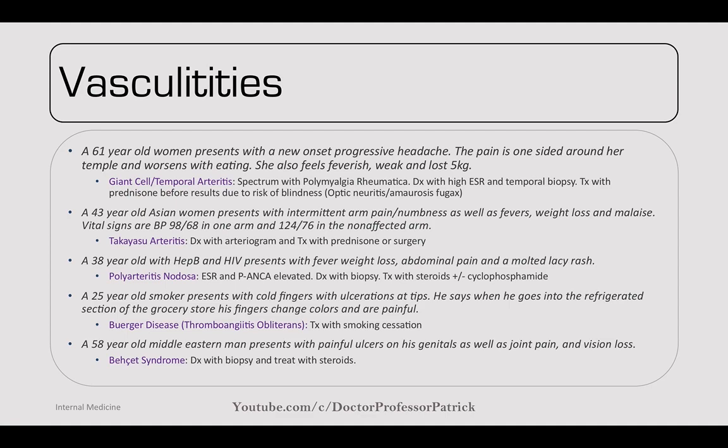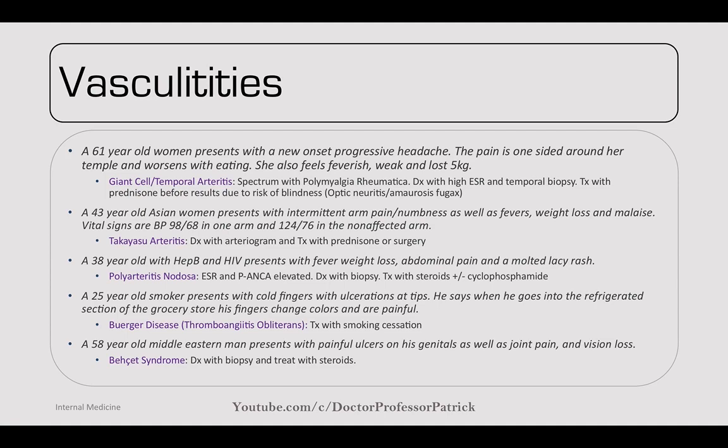It's on a spectrum with polymyalgia rheumatica. You can diagnose it with a high ESR and a temporal artery biopsy, and you want to treat it with prednisone, usually 1 milligram per kilogram. And you treat this before the results because the most worrisome complication here is blindness, so optic neuritis and amaurosis fugax from optic compression. And then next up, we've got a younger woman, usually an Asian, who presents with intermittent